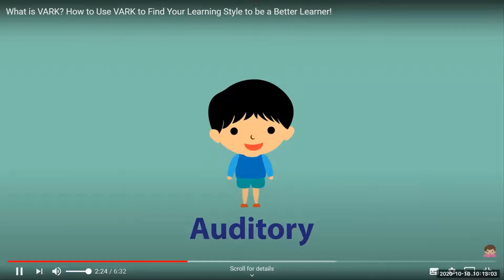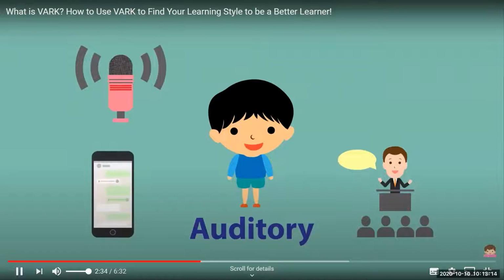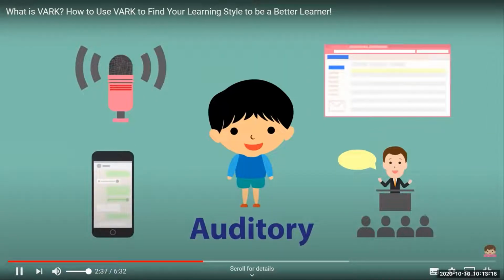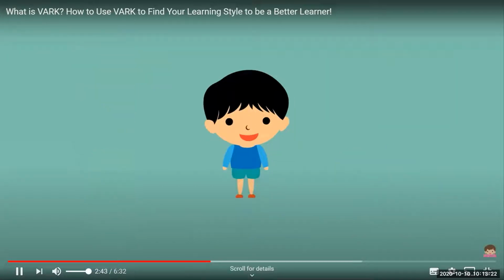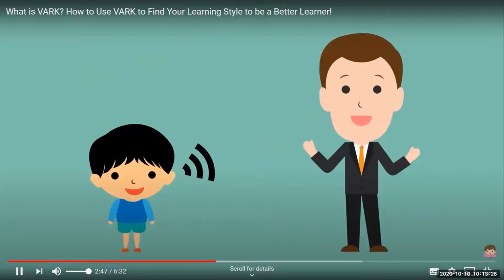This type of learner does their best when learning from spoken sources such as lectures and group discussion, as well as digital audio sources such as radio or podcasts. Certain written media such as web chat and email could be grouped here as well, since it is more commonly written in a non-formal way that is similar to speaking. Another way an auditory learner can learn more successfully is when they hear something someone has said, rearrange it in their own words, and then say it out loud to confirm their understanding.